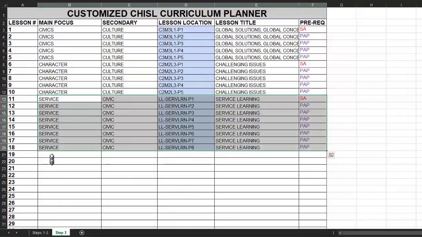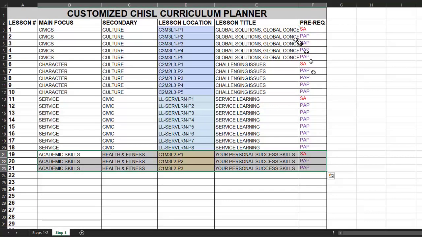And now we have effectively gone through the 100+ lessons that are in CHiSL, and we're able to quickly drill down to the specific focuses of lessons. And there's a secondary if you want to get even more specific there, and customize a lesson for us. So we've got 1 extra lesson we could do as a review. So that is our customized curriculum planner. We hope that that's something that's useful for you. Again, if you have ideas of how to improve on this, we're more than willing to enhance this and correct this for future updates.